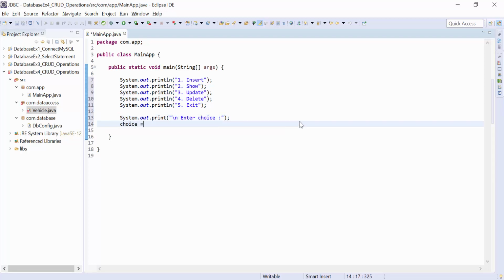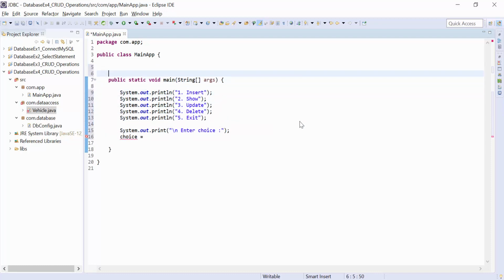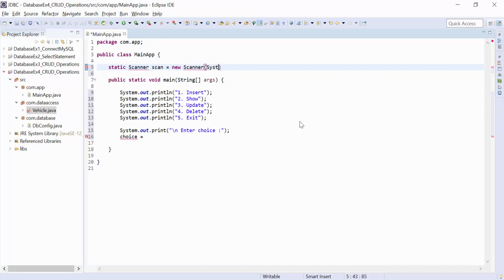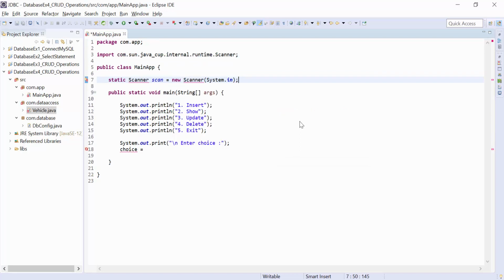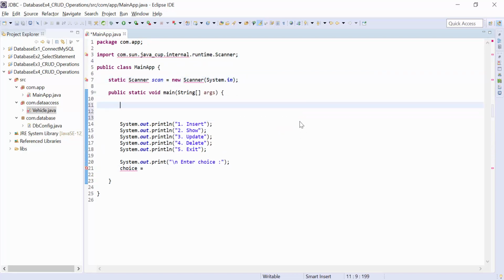Now the user enters a choice. We need a scanner object. At class level we declare that object. We need to import Scanner, and we create one more object, that is choice.